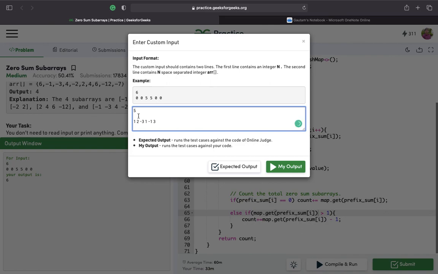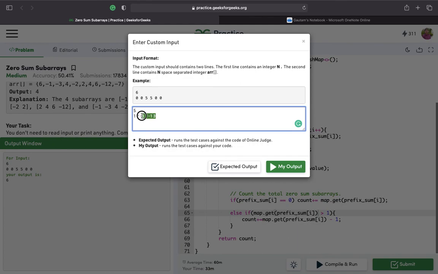Okay, I've created a dummy test case. Let's check for this test case. So the output for this test case should be, you need to find 0, right? So this is a subarray whose sum is 0, 1, and this is a subarray 2, this is a subarray 3, and any other one?